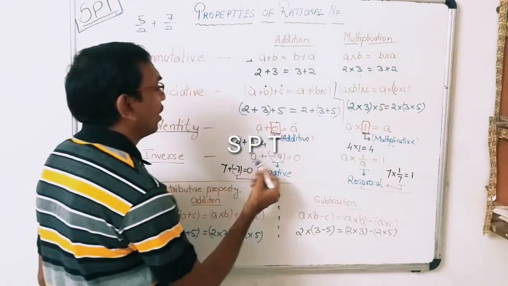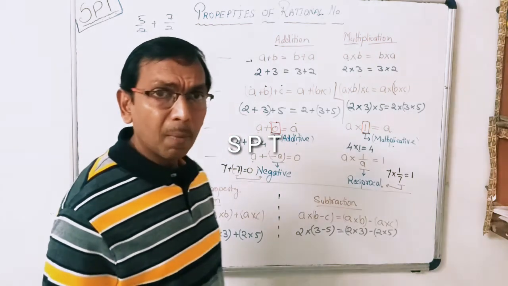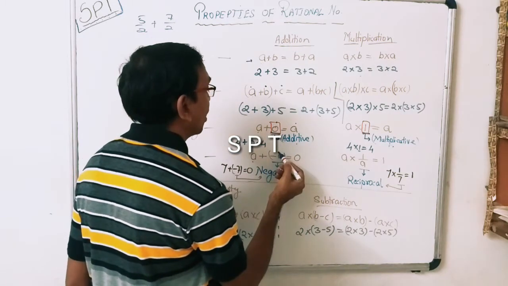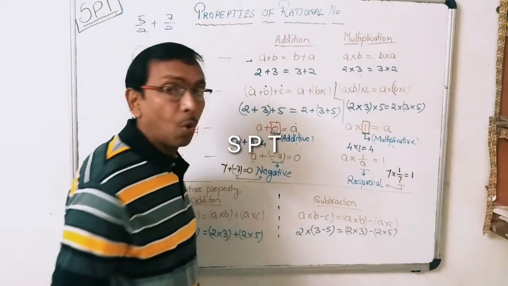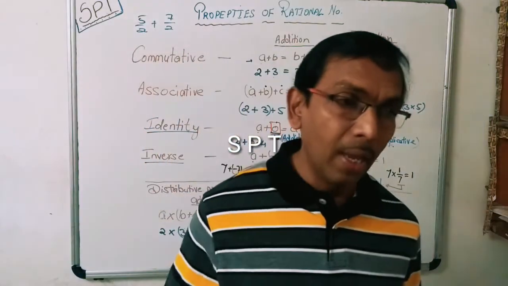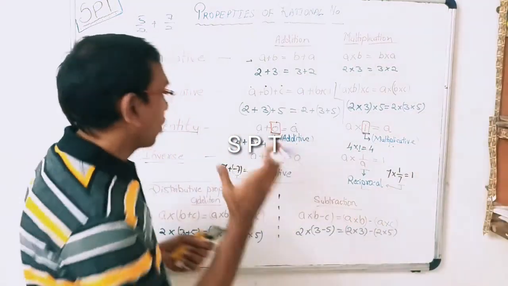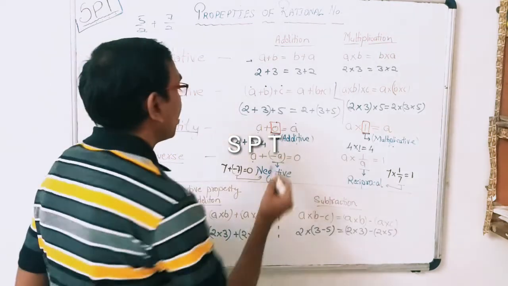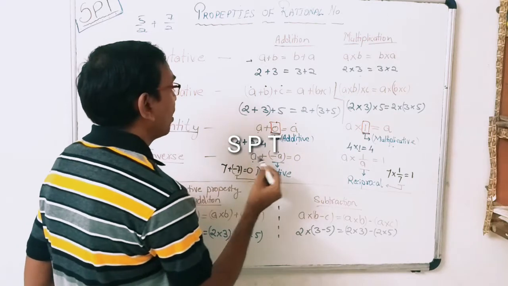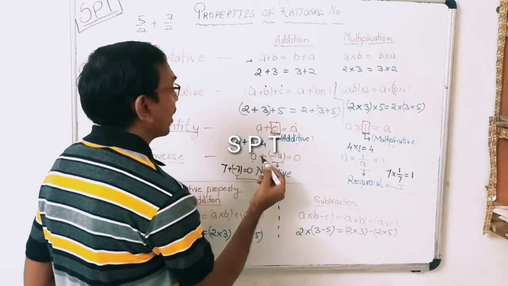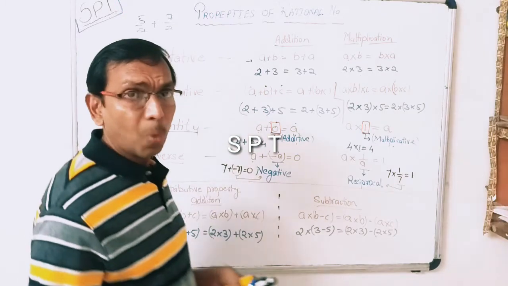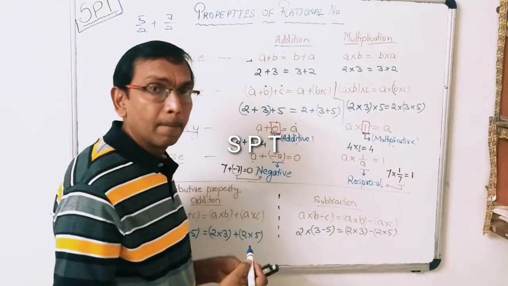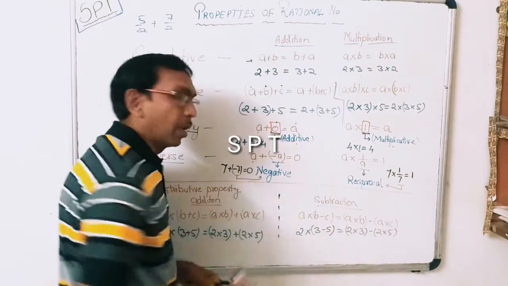Say for example, I am taking a rational number a. Now if I add any other rational number so that the result is 0, मतलब एक ऐसा रैशनल नंबर लेना है जो दूसरे रैशनल नंबर पे ऐड करने से आंसर 0 आना चाहिए. तो ये माइनस ए और ए हम दोनों ऐड करेंगे तो आंसर आएगा 0. सो नाउ माइनस ए इज कॉल्ड एडिटिव इनवर्स ऑफ ए और इट इज ऑल्सो कॉल्ड नेगेटिव ऑफ ए.